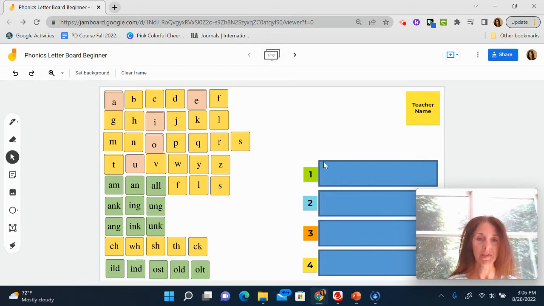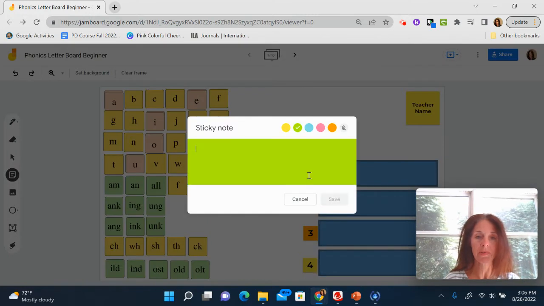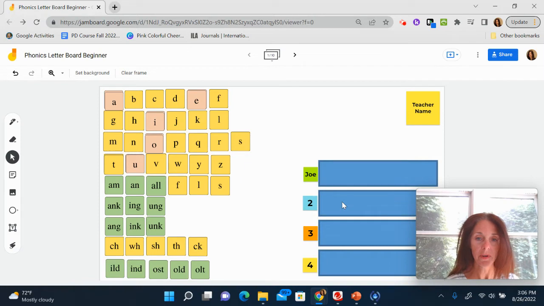So here I'm introducing a skill, and I might put in a word in one of the rectangle boxes for the students to read. So say student number 1, and you can use number 1, or you can double click on a post-it and put the student's name so the students know where to look. So say for student 1 or Joe, I might put in a word. So I'm just going to drop my letter tiles into that box,